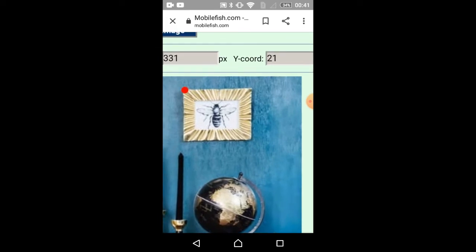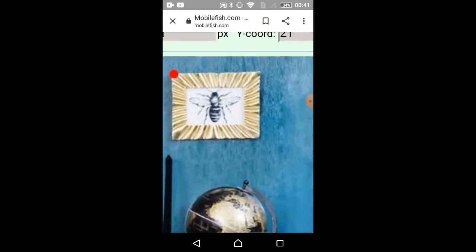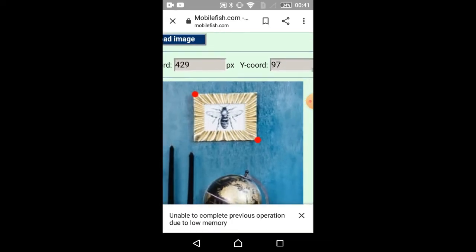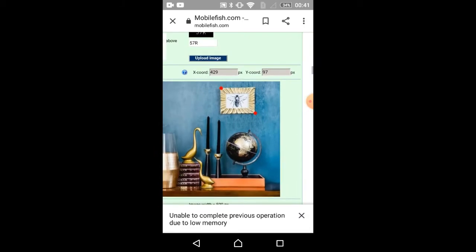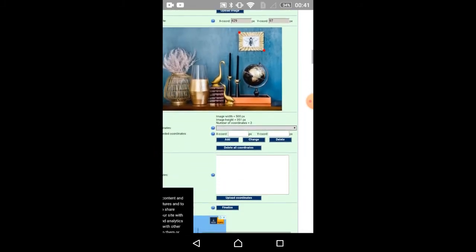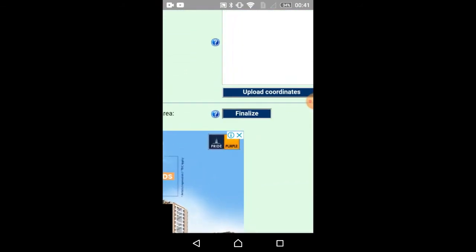After this, I'm taking the opposite corner and clicking on that. These are the other coordinates. I'm done with my first shape. To get the coordinates, just go down and click on finalize. Then zoom out and go down.